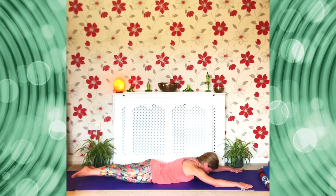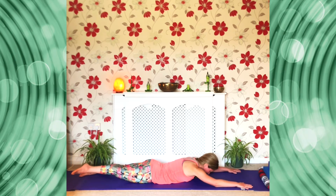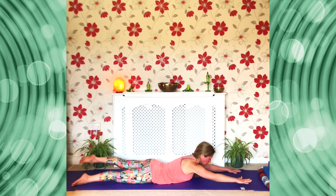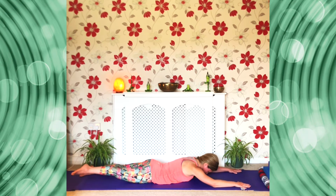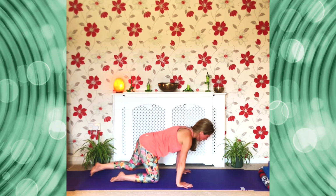Inhale, head, chest, right leg, left arm lift. So opposite arm, opposite leg, and lower back. We'll continue to do a couple more of these. Inhale, head, chest, right arm, left leg lifts. Exhale, lower back. Last one. Inhale, head, chest, right leg, left arm lifts. And then lower back. Hands can come back underneath the shoulders so we can push ourselves back to the all